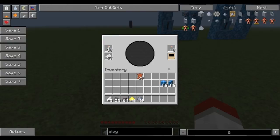Generate platform, like I said, can be used as clay dust or diamond dust. Clay is a little bit easier to get than diamond dust, and you're not wasting diamonds. Moving on to another one is